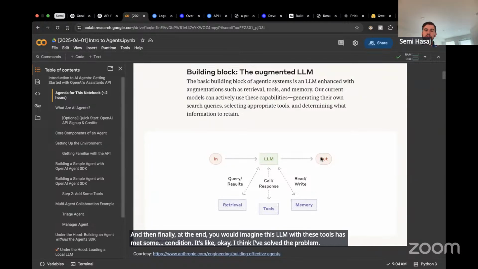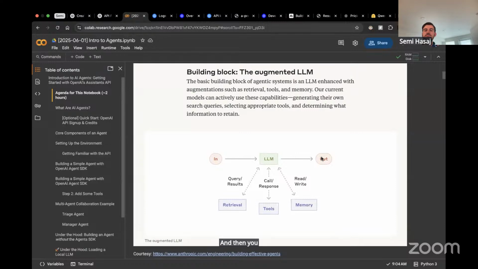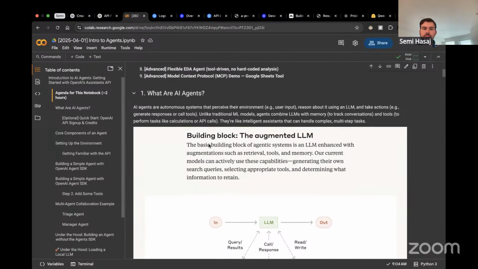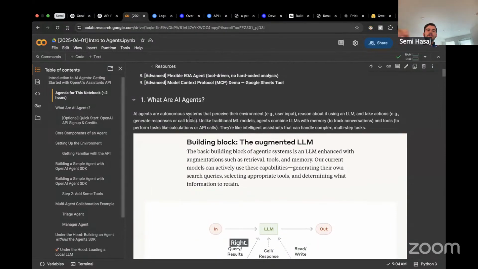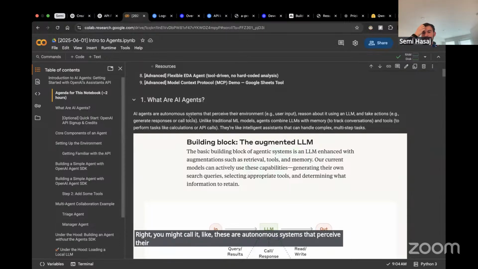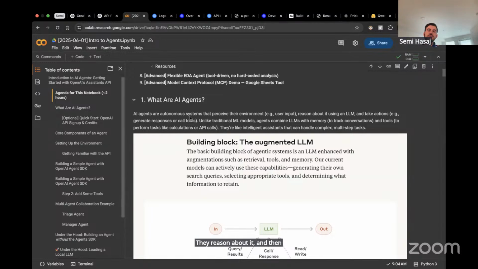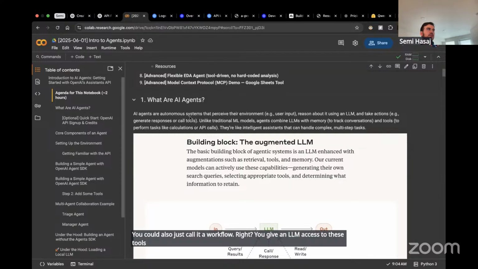Let's go respond to the user. And then you get the output, right? You might call it like these are autonomous systems that perceive their environment, they reason about it, and then finally generate a response. You could also just call it a workflow, right? You give an LLM access to these tools, you say, use this process, give me an output, done.